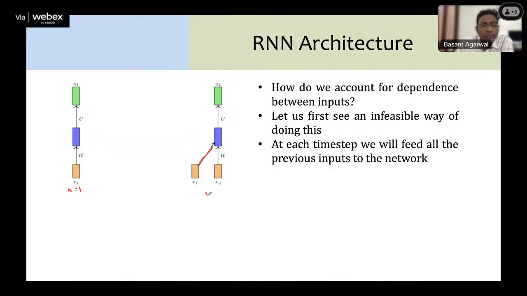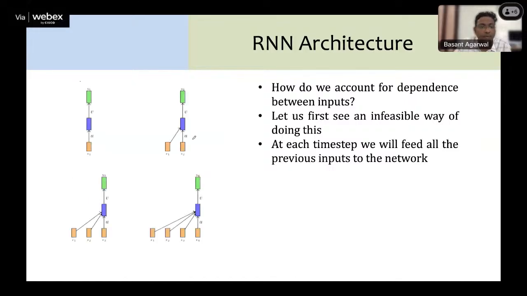And at timestamp 2, when we have x2, we can directly give x1 and x2 to the second network. And likewise, at timestamp t is equal to 3, we could have given x1, x2, and x3 directly to this network, and it could predict y3 and so on. But it is not